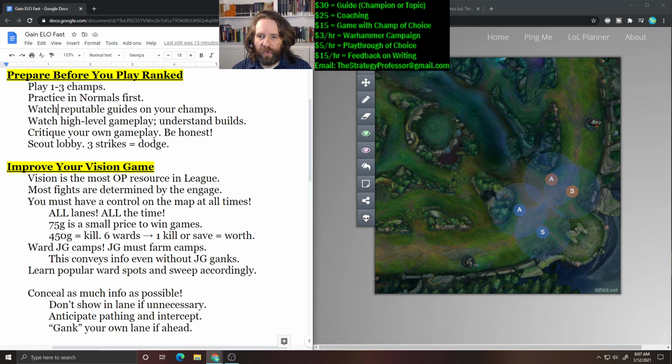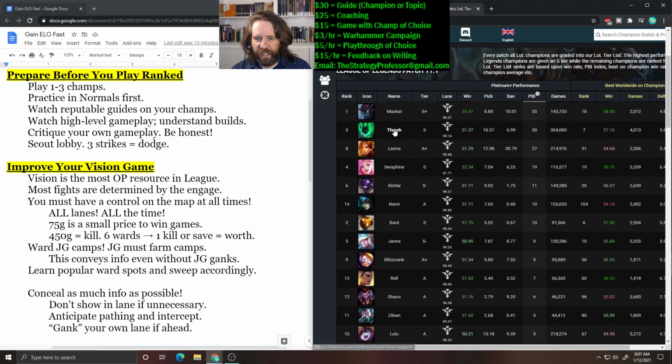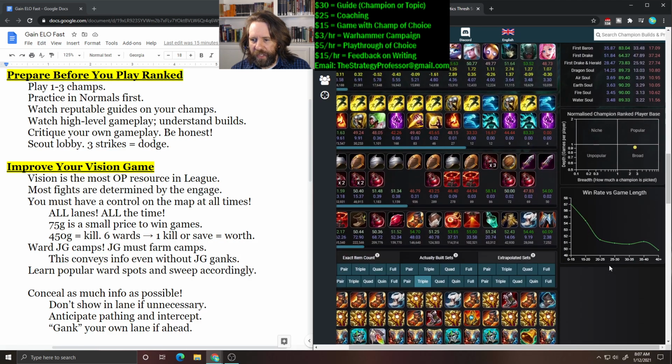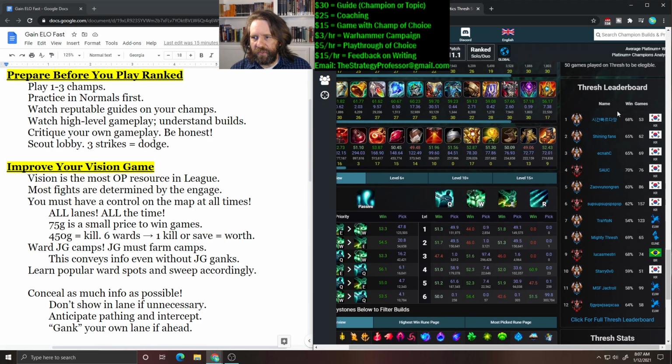games, right? And if you go on Lolalytics here, and we'll talk about this a little bit more in a second. Let's say I wanted to learn Thresh. They're going to show you high elo Thresh players over here, right? So they're going to show you, okay, this is the leaderboard that they have calculated for a bunch of different people. So you could just click on that,